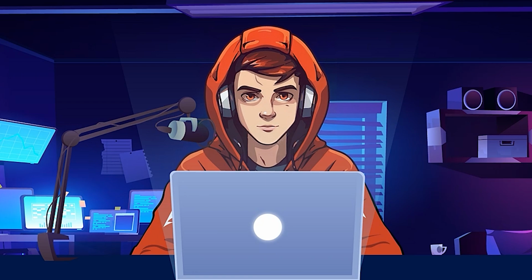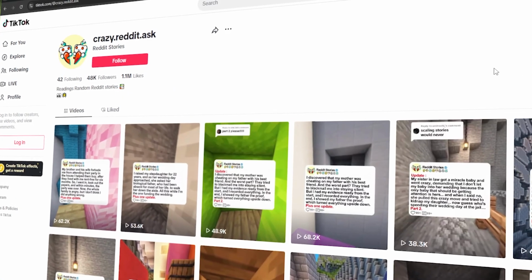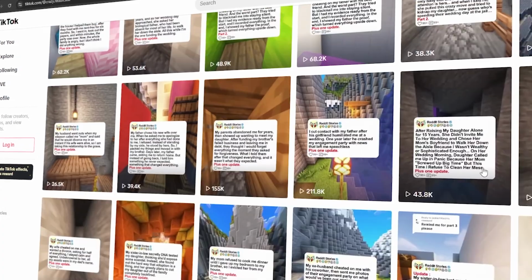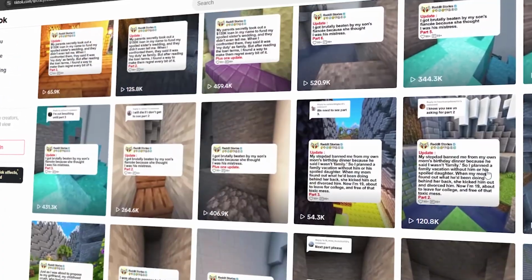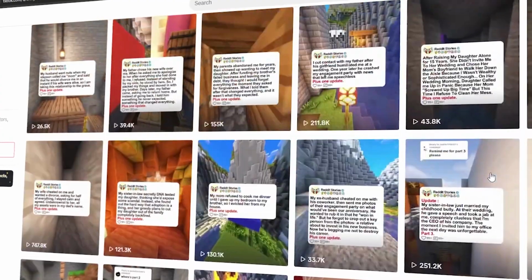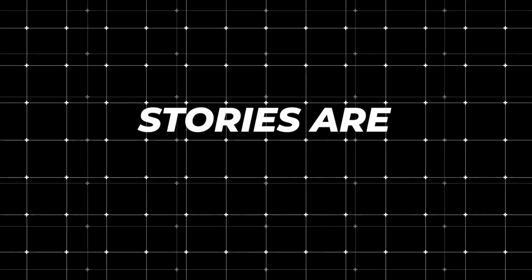The next best faceless niche for TikTok is the fake Reddit stories niche. This TikTok page was created recently, and it has gained over 48,000 followers just by posting fake Reddit stories. You might think that these stories are real, but the truth is, all of these stories are made-up stories with a good hook.